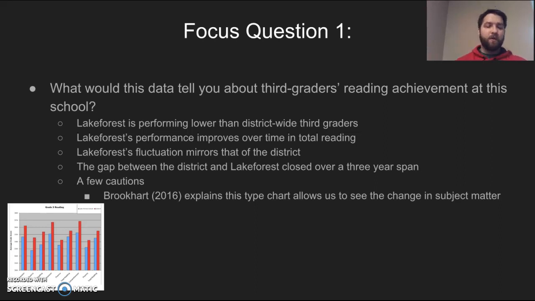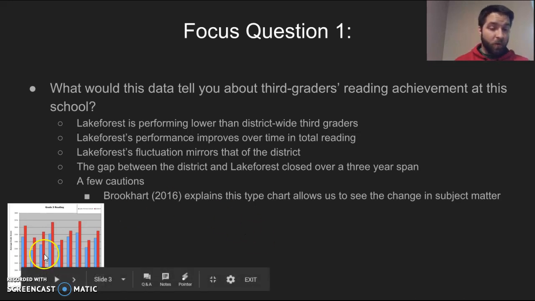So ultimately, whatever the school did to help the students improve did work initially. Students improved in their total reading from year 1 to year 2 very quickly, as you can see here, quite a substantial increase of about 10 scale points. We did have a bit of a drop off in year 3, but if you look at year 1 compared to year 3, we still have quite an increase, maybe about 5 to 8 scale points in total reading achievement. And I think where we see most of the improvement is in reading fluency.